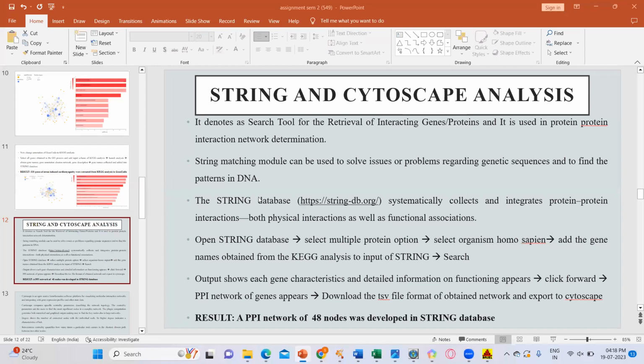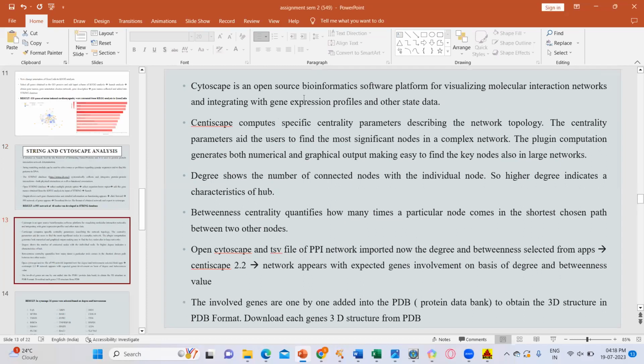So, as a result of this STRING analysis, the protein-protein interaction network of 48 nodes was developed in this STRING database. To talk about Cytoscape, Cytoscape is an open source bioinformatics software platform for visualizing molecular interaction networks and integrating gene expression profiles and other state data. CentiScaPe computes specific centrality parameters describing the network topology. The centrality parameters aid the users to find the most significant nodes in the complex network. The plugin computation generates both numerical and graphical outputs, making it easy to find the key nodes also in large